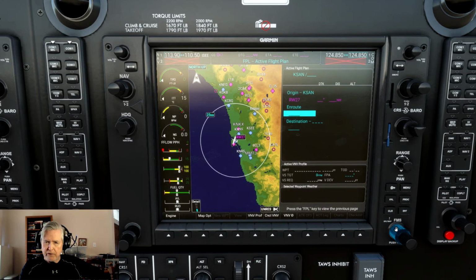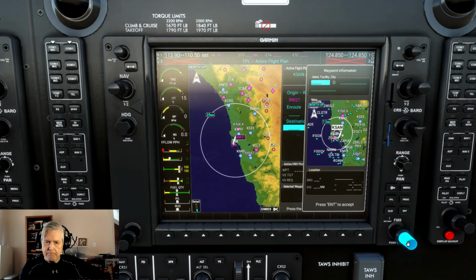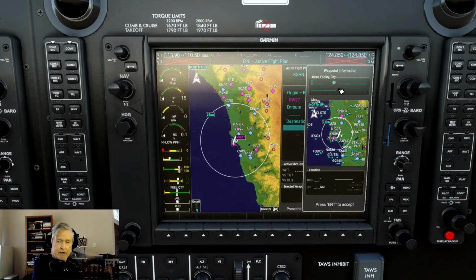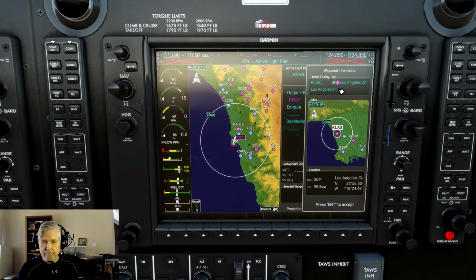Now let's move our cursor to the destination. Then we'll highlight this knob, click it, and then scroll up to get us to our waypoint information screen. Click on that icon and then type in KLAX. Turn off the keyboard interface, click Int,